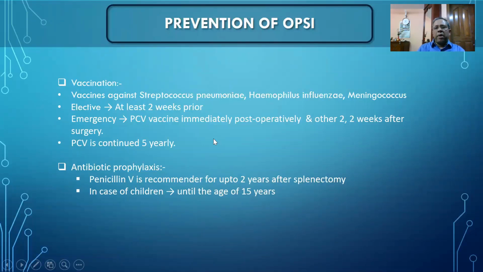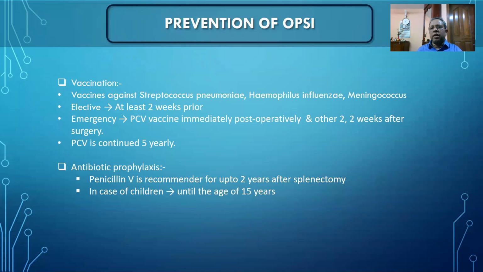And other measures: it is not possible to give all the vaccines to every patient. So in addition, we take some preventive measures with oral medication, that means antibiotics. Penicillin V is recommended for up to 2 years after treatment. At least 2 years must be given in all individuals. But